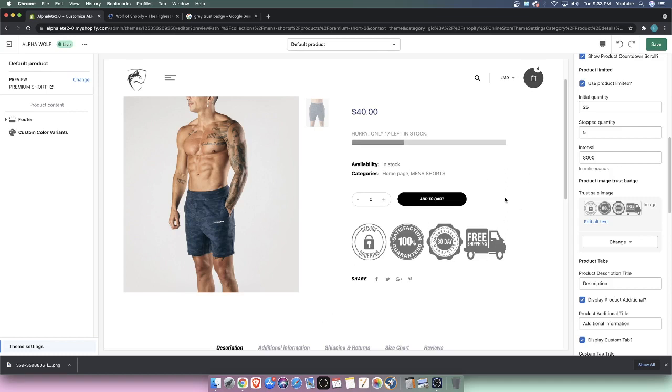The common mistake that a lot of people make is they put things like free shipping or money-back guarantee in the trust badge. The consumer is not going to wait for the product to have free shipping if there is true desire for them to purchase. That is just not true. Remember, there are different levels of consumers. When the consumer truly has a desire for a product, there's nothing going to hold that consumer back from